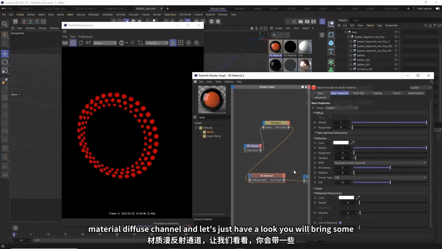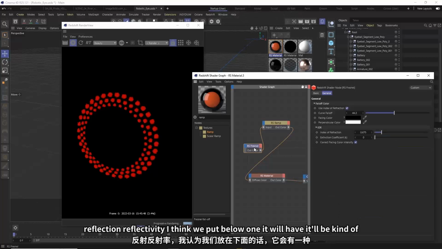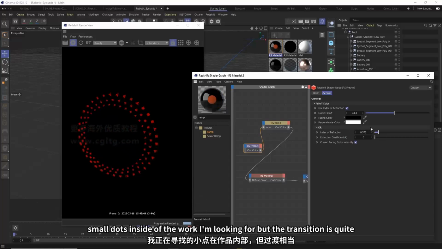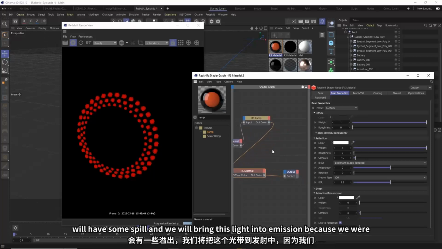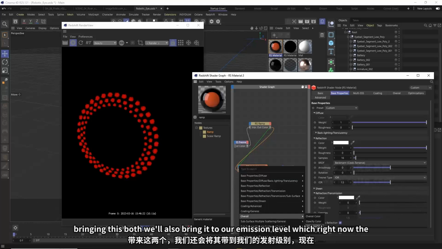And let's just have a look. We will bring some reflection, reflectivity. I think if we put it below 1, it will be kind of like small dots inside. That's what we're kind of looking for. But the transition is quite sharp, which is probably fine because we still have some reflection on top of that. And we will have some spill when we bring this light into emission, because we will be bringing this to both. We'll also bring it to our emission level,